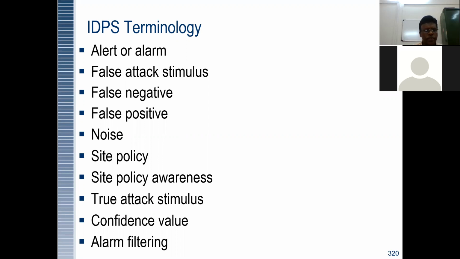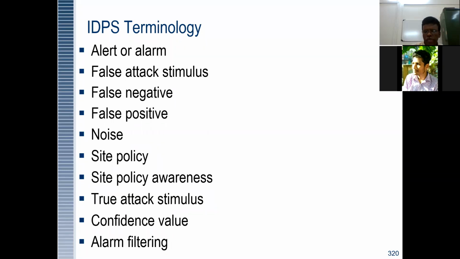We will go for the continuation of IDPS, intrusion detection prevention system, and the corresponding terminology and technologies related to it as part of information security. So you can identify the awareness and the way the signal representation works, how we can stimulate the various types of negative remarks and the positive attitudes. So how the regional space level of the information available to us, the true attack of this, and what is the confidential value weightage.